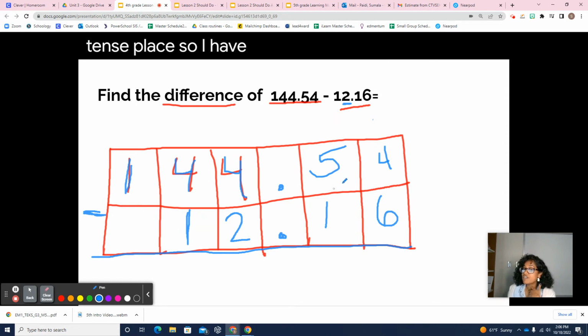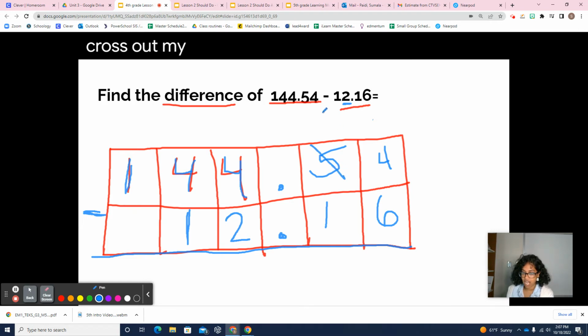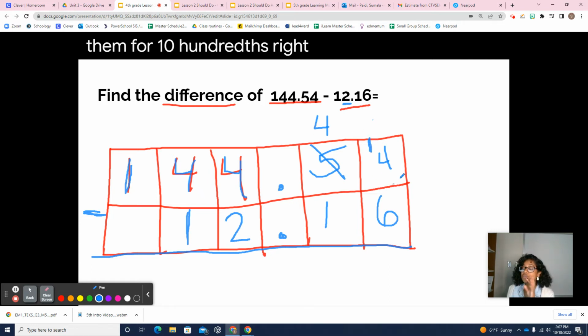So I have 5 tenths, so I can borrow or I can exchange 1/10 for 10 hundredths. So I'm going to go ahead and cross out my 5 tenths, and I'm going to change that to a 4 because I'm going to take 1/10 and exchange it for 10 hundredths, right? So now I have 14 hundredths, and I need to take away 6 from 14, and that is going to